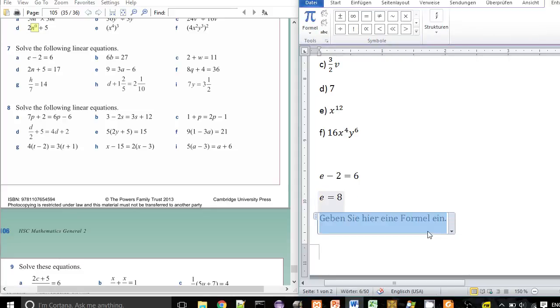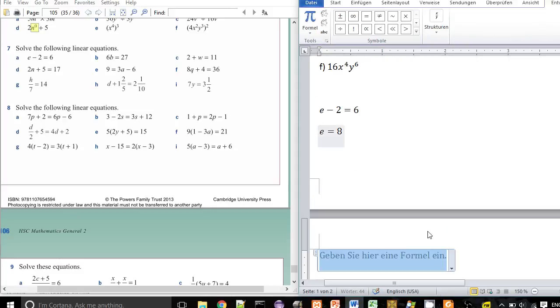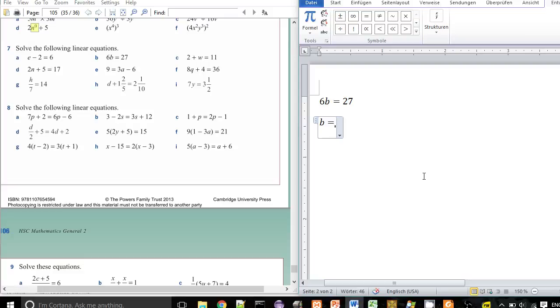Something like, I'll put another space, 6b equals 27. You just have to divide by 6. So 27 over 6. They're both multiples of 3. Same as 9 over 2, 4.5. Okay? Let's skip to